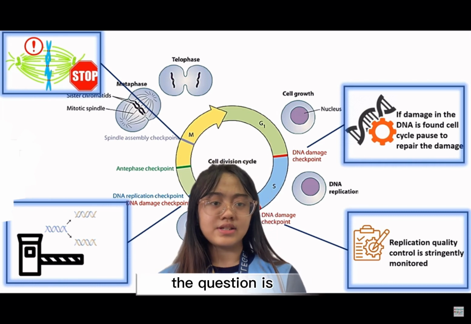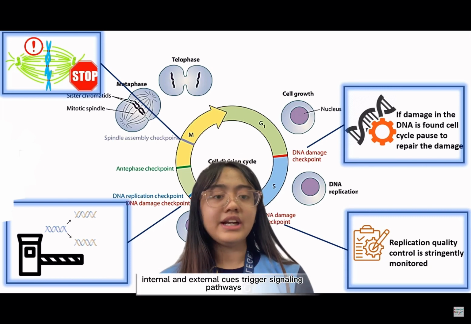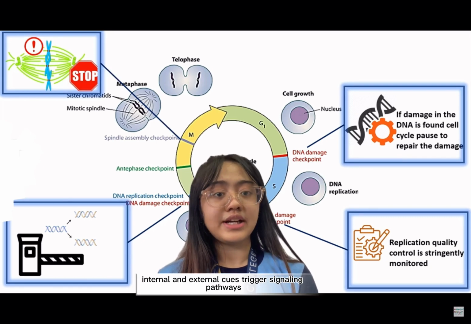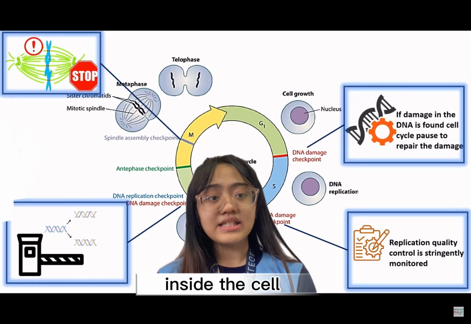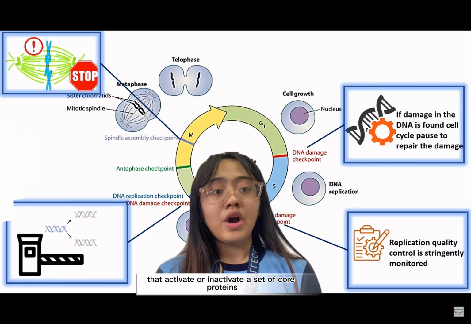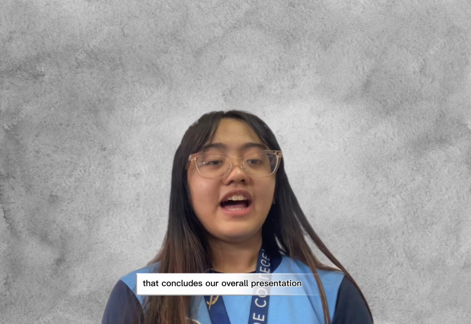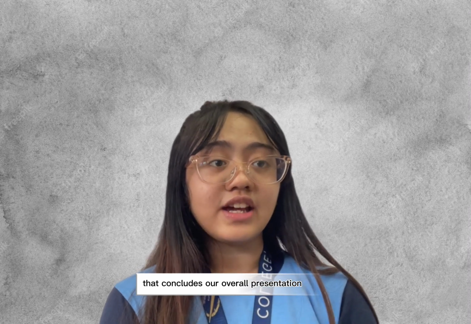The question is, how do the checkpoints actually work? Internal and external cues trigger signaling pathways inside the cell that activate or inactivate a set of core proteins that move the cell cycle forward. That concludes our overall presentation for cell